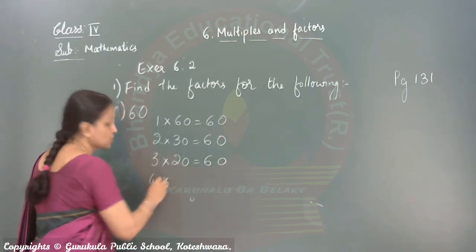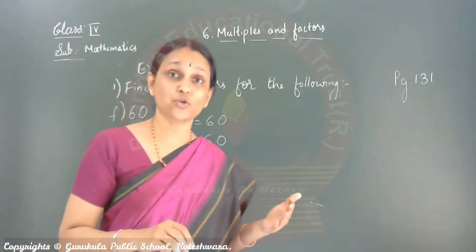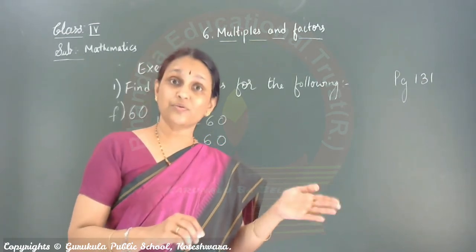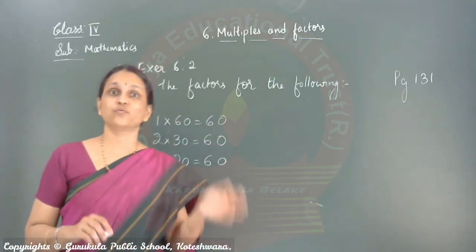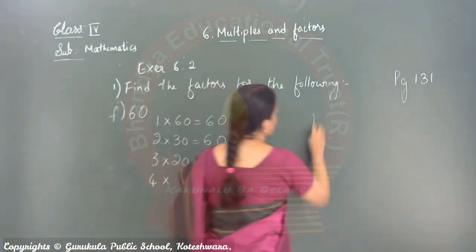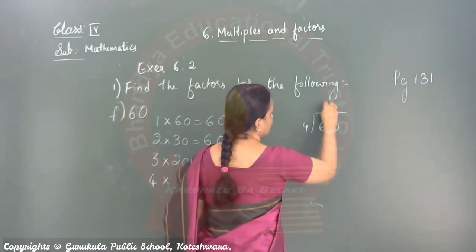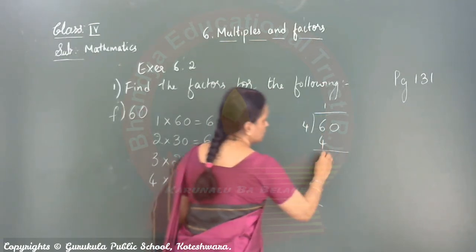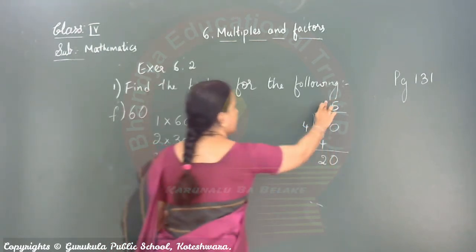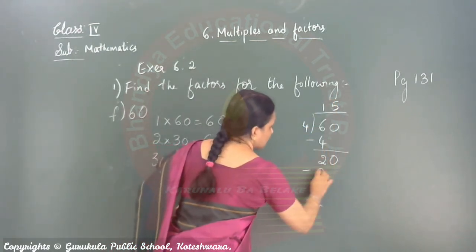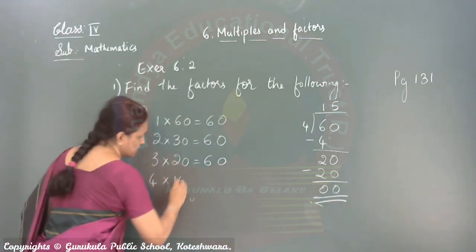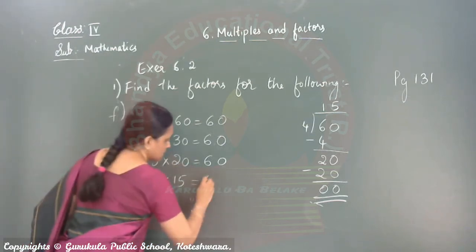Now, in 4 tables also it comes. Just check. You may tell, ma'am, 4 tens are 40. After that, we don't know. But you should know that way also. 4 11s are, 4 12s are, 4 13s are, 4 14s are, 4 15s are. Or else you have to divide and see. 4 1s are 4, 2 is the remainder, 0 you bring down, 4 5s are. That's why I am telling you should know tables very firmly, then you can easily answer. 4 15s are 60.